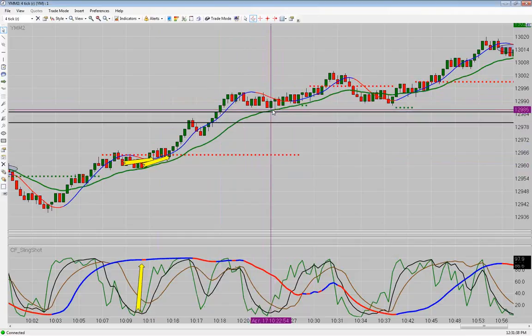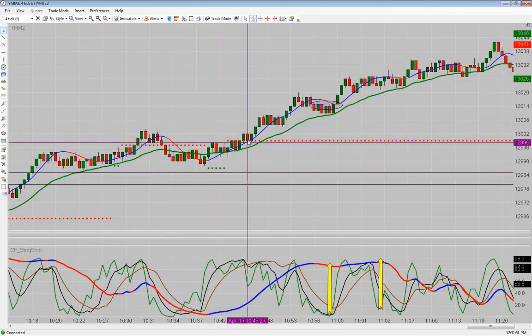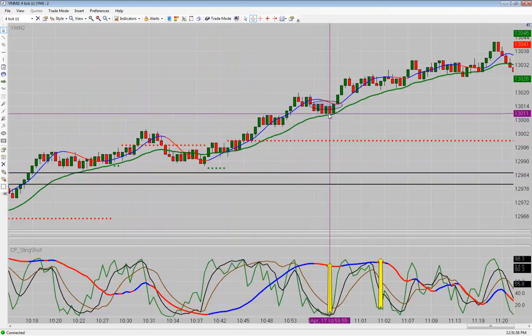Then price pulled back down, tested the BBC here. We didn't get long there because the cycle was going against us, and if I recall correctly, at this time we were right below the weekly trading zone on the ES, so we weren't going to take any trades in there. Price finally moved along. All this period right here, I think we were right below the weekly trading zone on the ES. So we were waiting, and then finally over here, around 11 o'clock